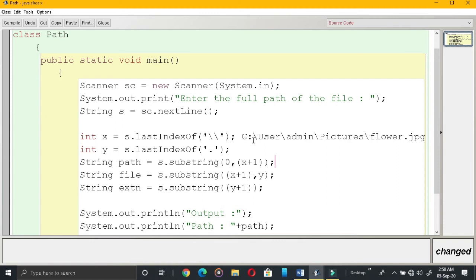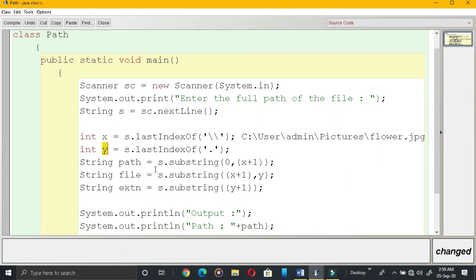So let us count: 0, 1, 2, 3, 4, 5, 6, 7, 8, 9, 10, 11, 12, 13, 14, 15, 16, 17, 18, 19, 20, 21, 22nd position. So the 22nd position is the last index of this one. Now the last index of this dot. So in this, X is 22 and Y is 28.